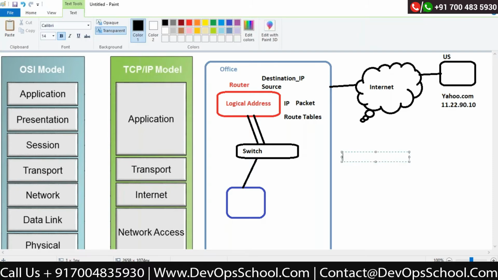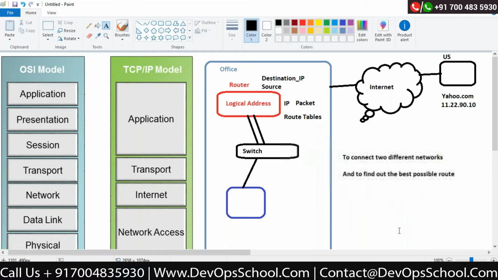So there are two functions in the router: the first is to connect two different networks, and the second is to find the best possible route. These are the two major functions of the router.